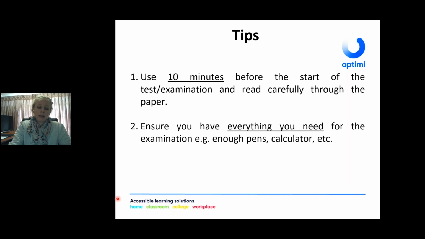The second tip is to ensure that you have everything that you need for the examination paper. Make sure that you have enough pens. Make sure that if you're going to need a calculator, you have your calculator with you. Make sure that you have a ruler. And on this point, I just quickly want to say that you can only use a blue pen. You're not allowed to use a black pen, and the reason for that is that if we have to do internal marking, the black pen must actually show on your examination paper. Our examination board needs to see that internal marking happened, and internal marking is shown with a black pen, and that's why you're not allowed to write with a black pen. So you can only use a blue pen.